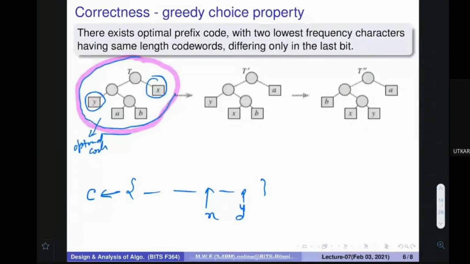You have come up with some kind of coding, meaning the tree, where X and Y, which have the minimum frequency, are not at the deepest leaf. Is it clear, everybody?